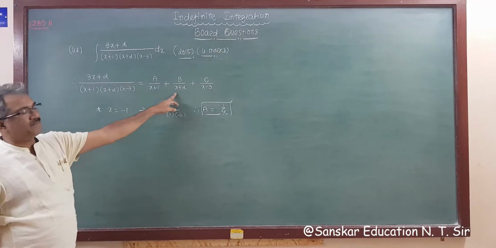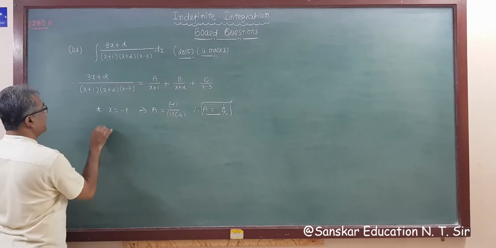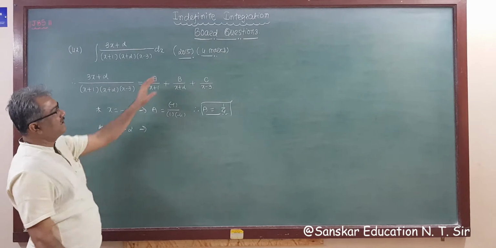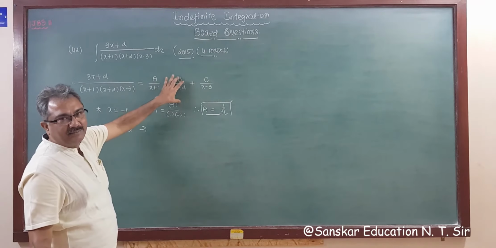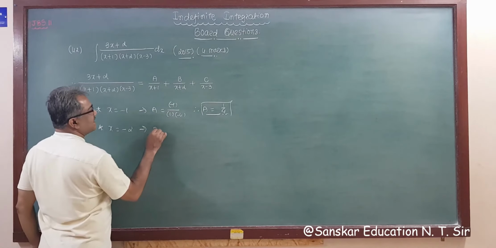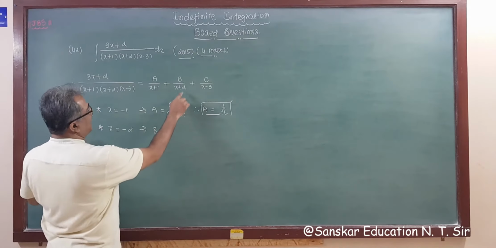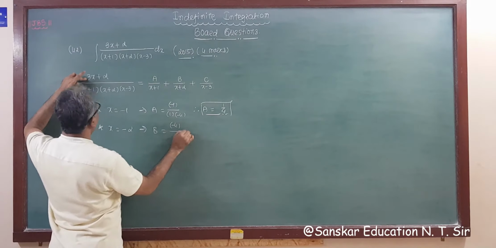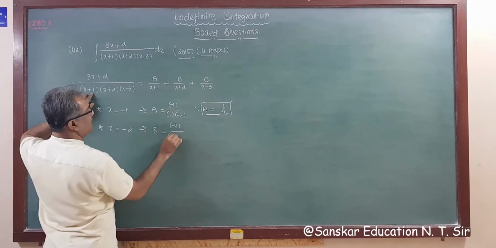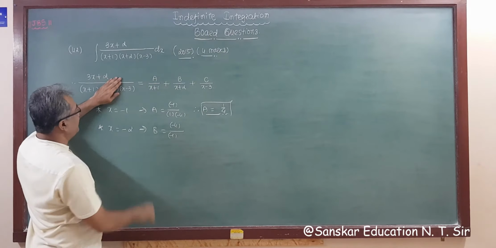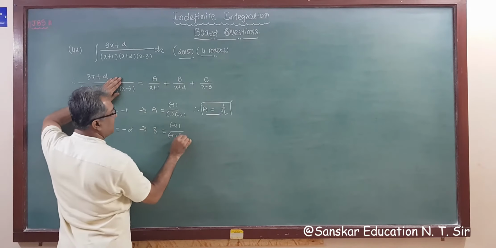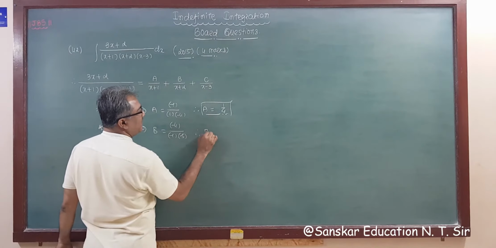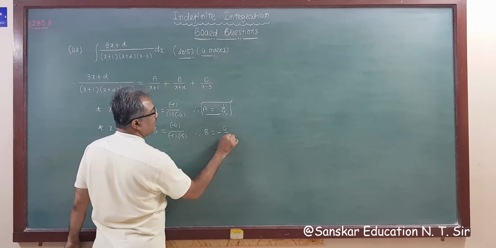Now take x plus 2, that is x is equal to −2. If we take x is equal to −2, we will get the direct value of b. So b is equal to: take −2, so −6 plus 2 is −4, −2 plus 1 is −1, we don't consider this factor, −2 minus 3 is −5. So this minus minus is plus, and this is minus. So b will finally be −4/5.